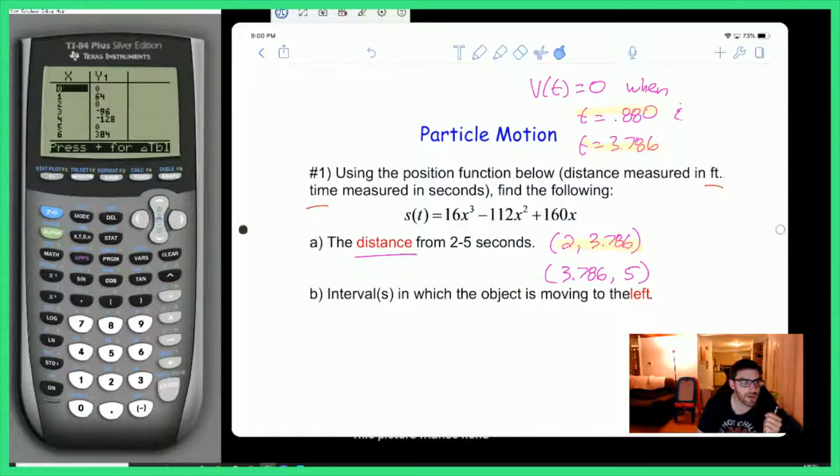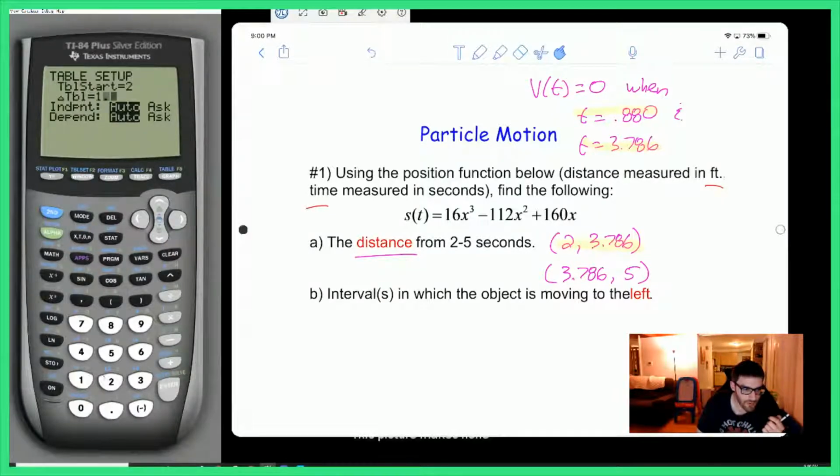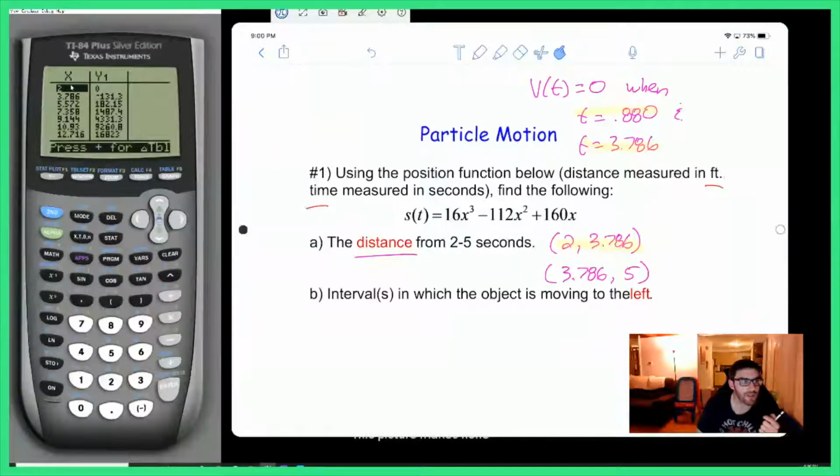So what I'm going to do here is adjust my window smartly. I'm going to start at 2 and go up by 1.786, and I think this will give me what I want. I wanted 2 and 3.786 to be on the same viewing window. Okay. So now what I know is that the particle from 2 to 3.786 is going to go exactly 131.3